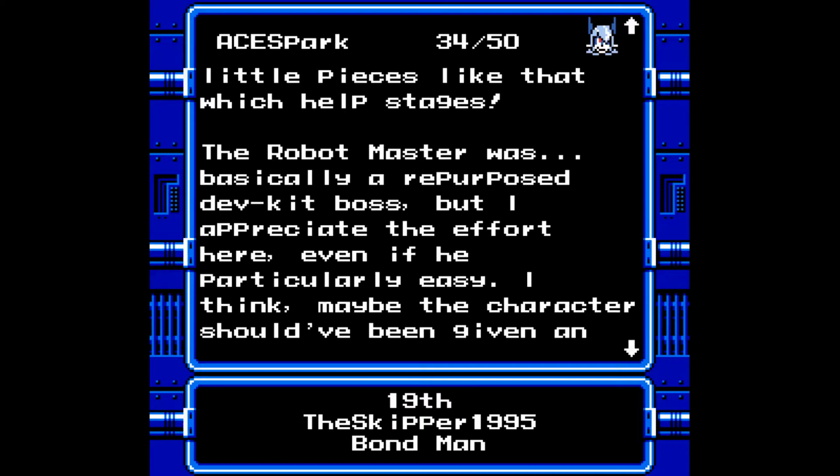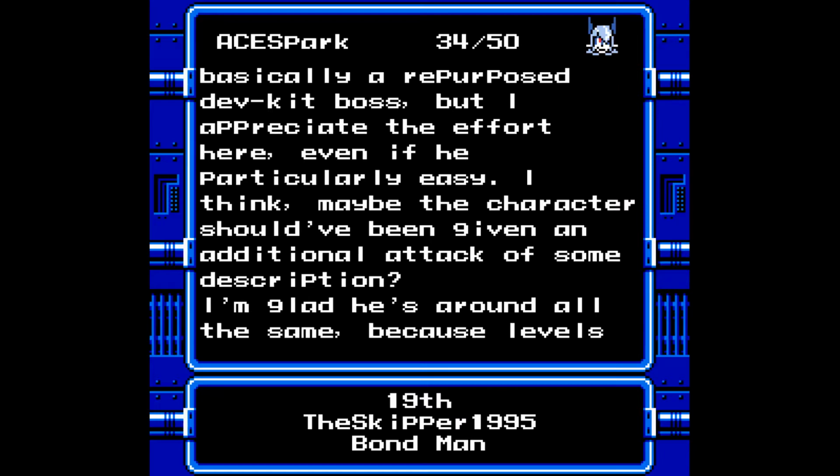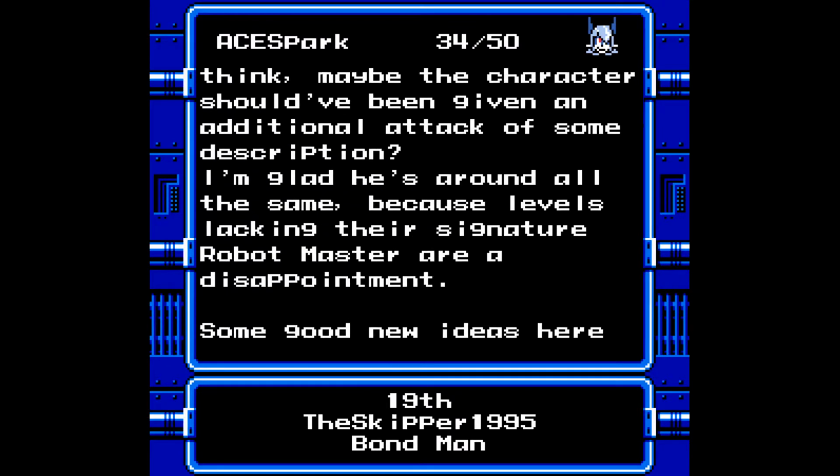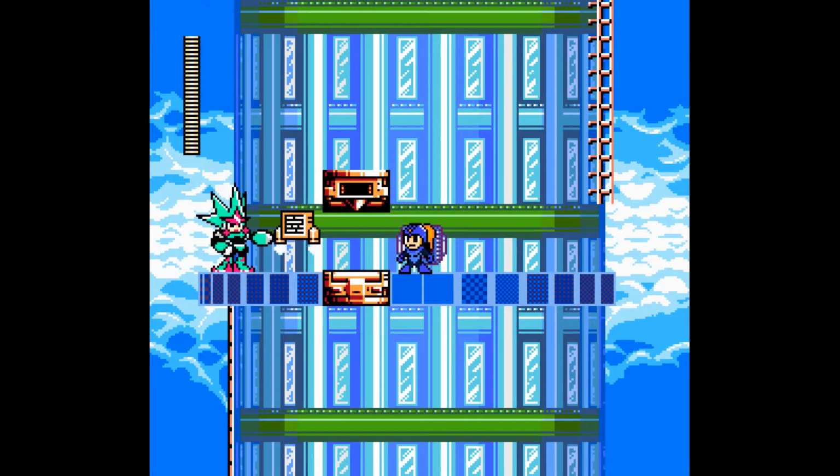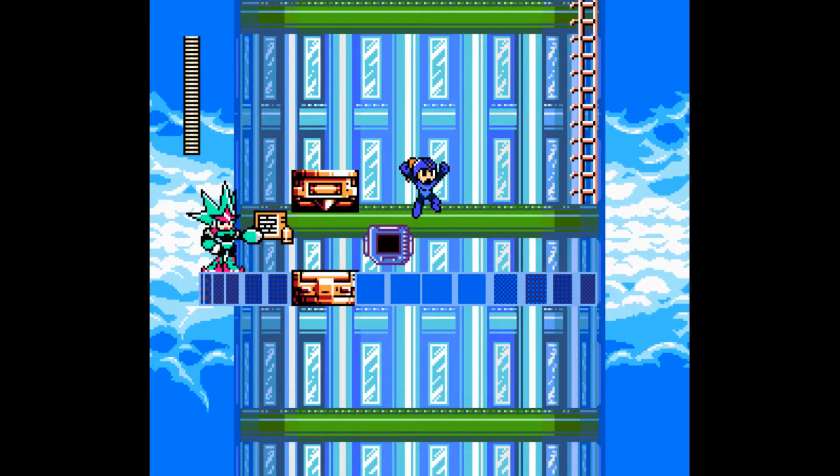Oh, it's effectively Crash Man, I knew it. An additional attack would be nice. After all, he is super predictable once you get the hang of it. But as I mentioned, I'd probably give it a 30 or 32. I would place it at the bottom of Tier 8, along with Force Man, but it failed to convince me